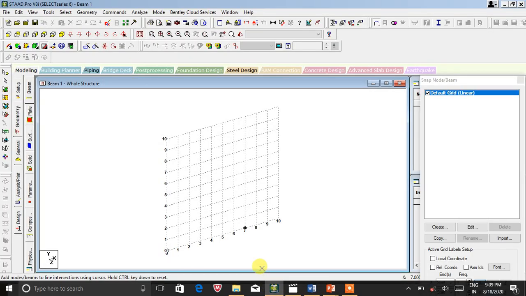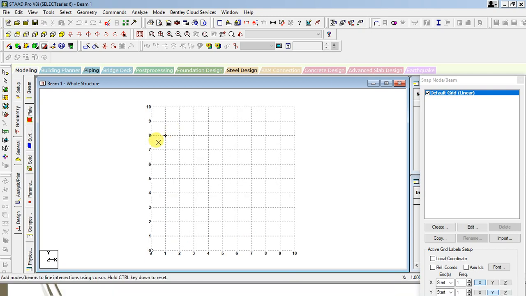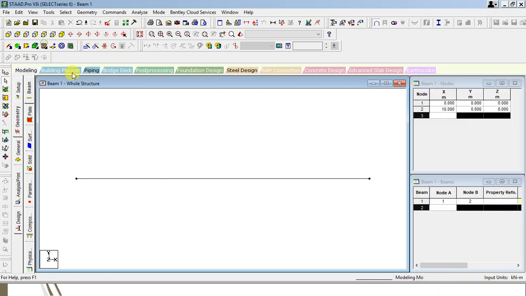So here first start with the beam. Initially you can add the beam by adding the nodes, or directly by using the grid you can also mark the beam. So selecting the front view, now let's draw the beam of a 10 meter span. Let's switch off the grid view. So this is a beam of 10 meter span. Then next job